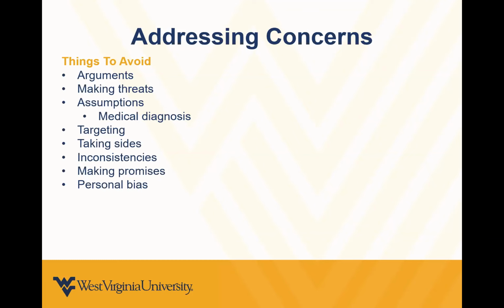Taking sides. When working with residents that disagree with one another, you should avoid taking sides. You should stay neutral and hear both sides of the story without judgment. If you are perceived as taking a side, your ability to successfully work with the students and/or resolve the issue could be compromised. The student who thinks that you are not on their side may feel it's no longer safe to discuss the matter and close off communication. The other person who thinks you are on their side could use this perceived support to further justify their argument.